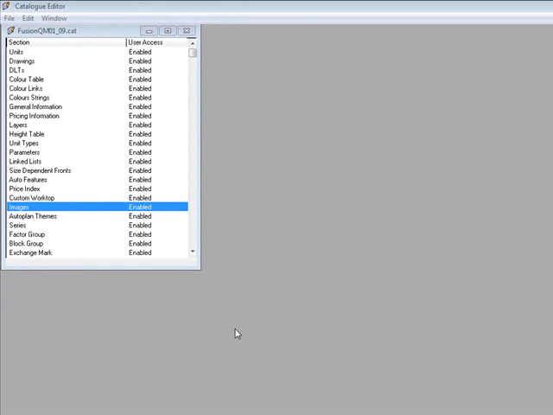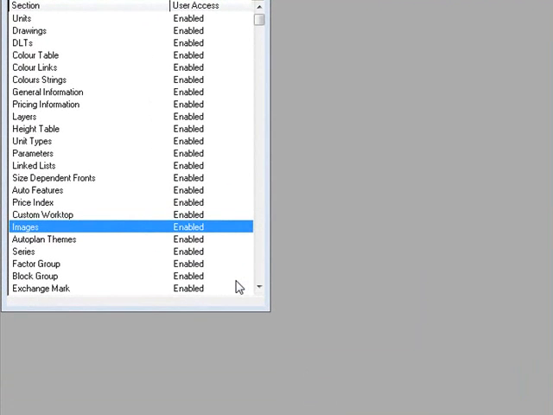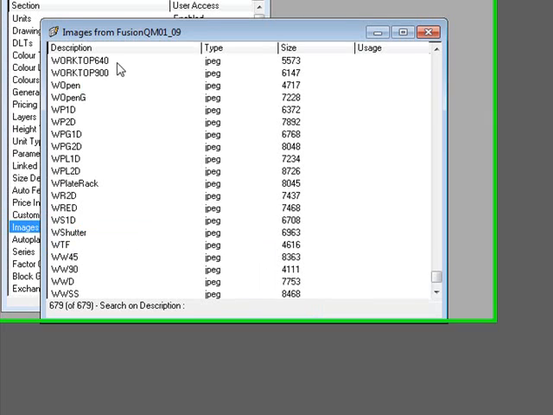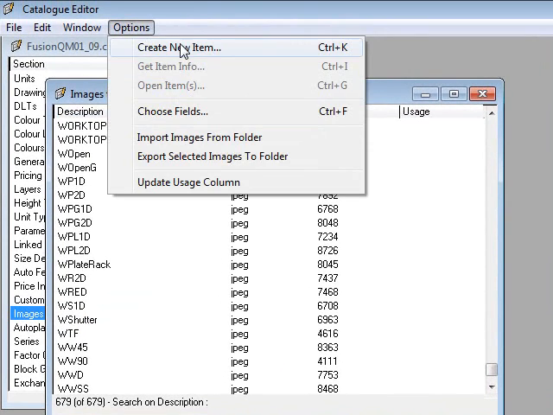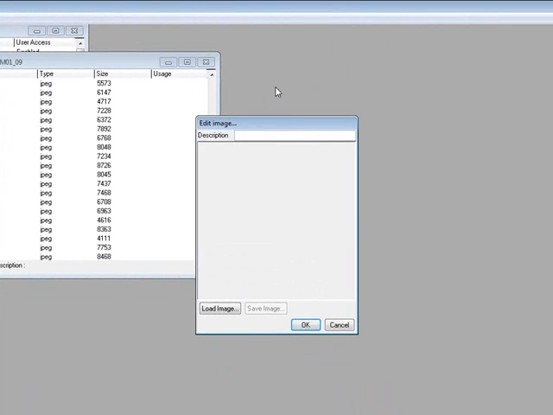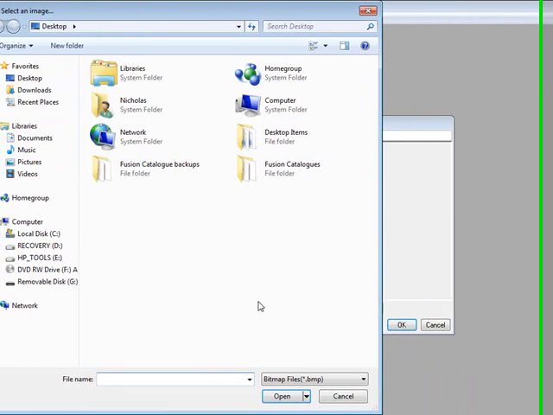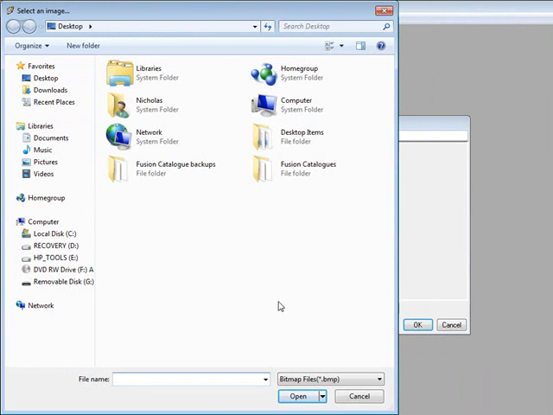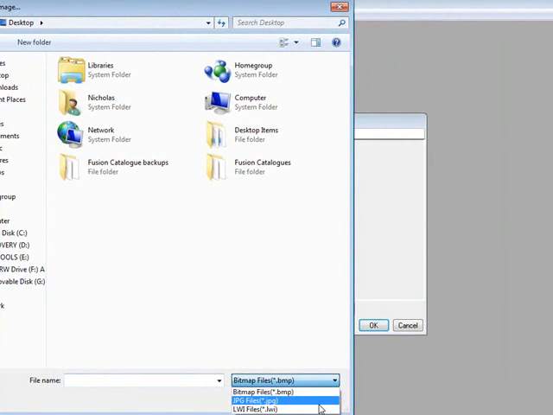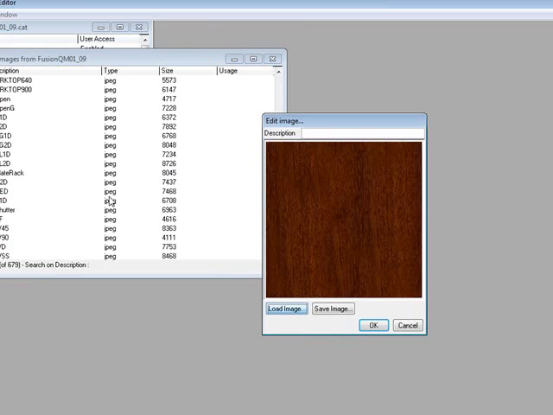to go into my first step, which is importing the image so that it is available to create a new material. I just double click on my images, go to my options menu, select create new item, and then select load image. The image that I'm going to be using is saved on my desktop and is a JPEG file, so I need to use this little pull down menu and select JPEGs, and there I have the mahogany wood